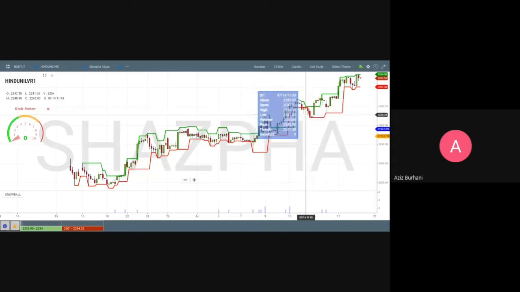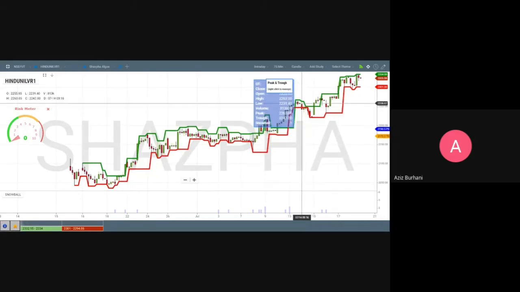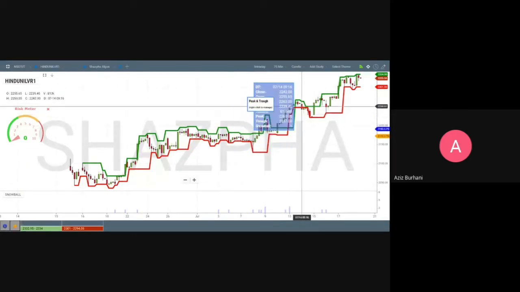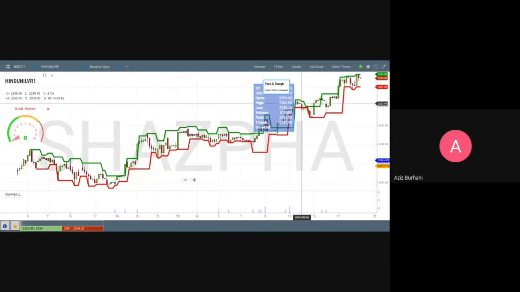Here there is a break trough, the trough is 2247. So you buy at 2194, the trough goes up, and then the trough is broken, so you get out at 2247. 2247 minus 2193 is your profit, 50 points or so.